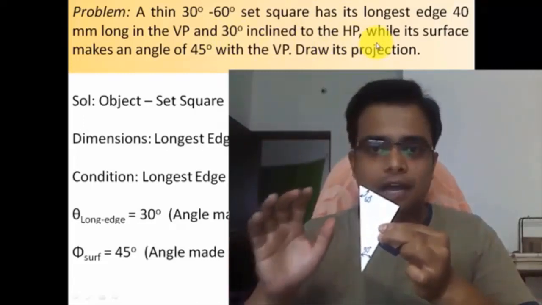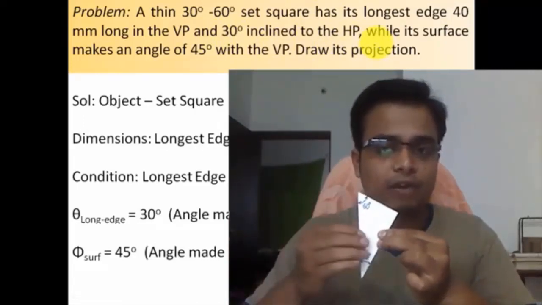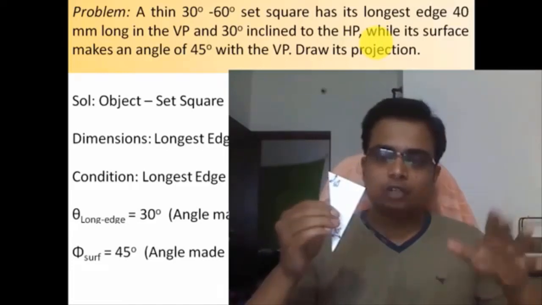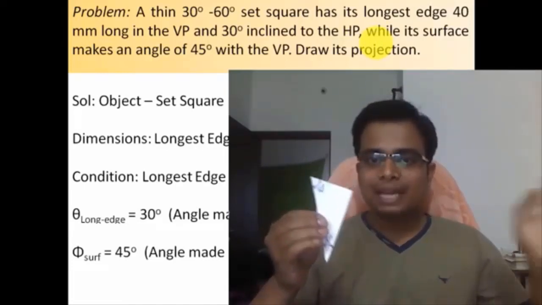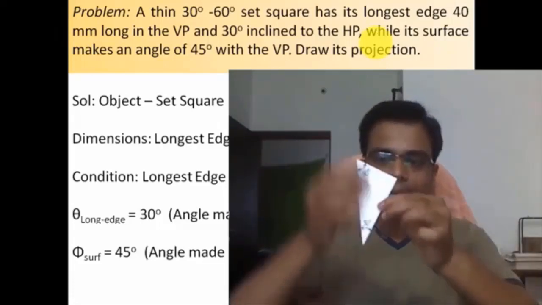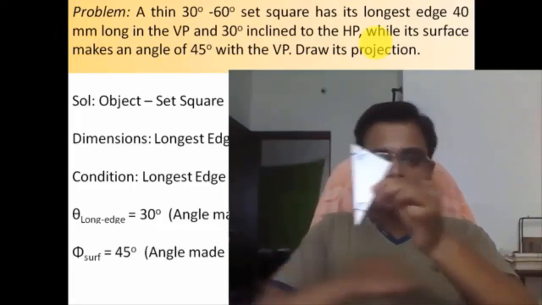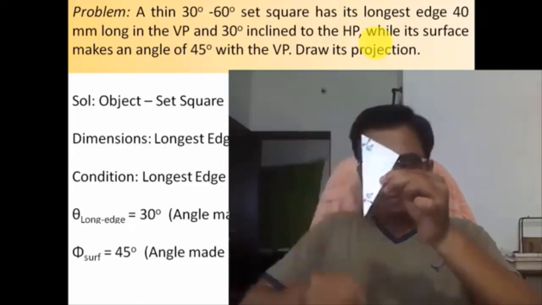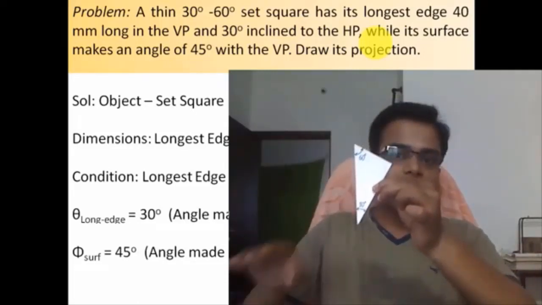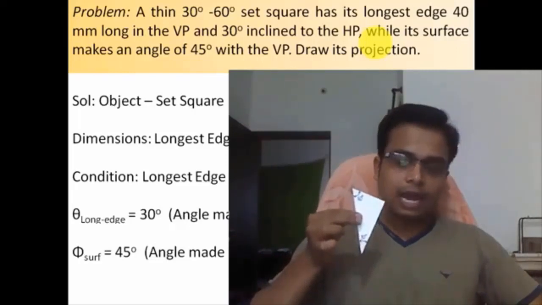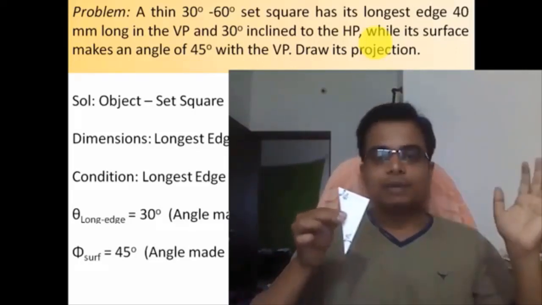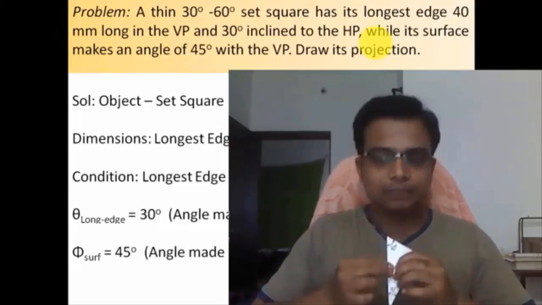Alright, so guys, if you have watched my previous lectures, I always tell you that whichever edge or side has to be kept at a certain angle, either with HP or VP, it initially has to be kept perpendicular to this XY line. Always remember that. So this is going to be our initial assumption, and front view and top view is going to be made. So let's begin.